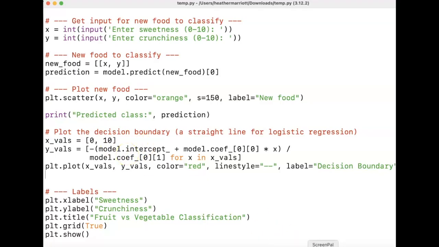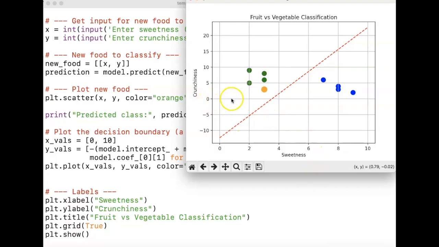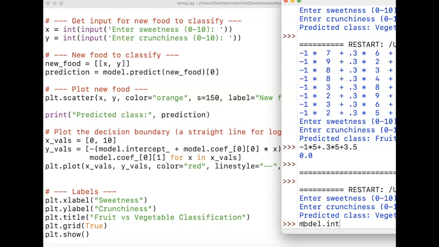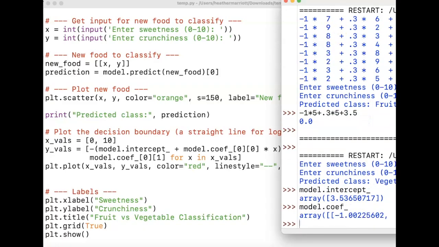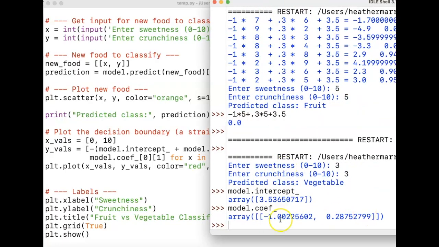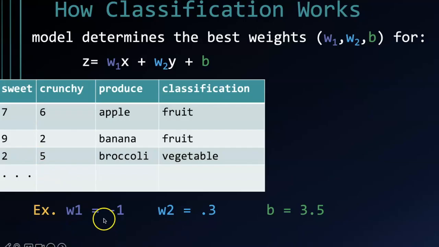But let's look at the graph. We can see that the y-intercept, if we look at this value right here, well, it does seem like it's about 3.5. What is the model.intercept_? With the underscore, and I just rounded it to 3.5 when I was putting it in the PowerPoint slide. And what about the coefficients? Let's look at the model.coef_, and I rounded those two values to -1 and 0.3 as well. So we can see that weight number 1 is roughly -1, weight number 2, 0.3, and then the bias 3.5